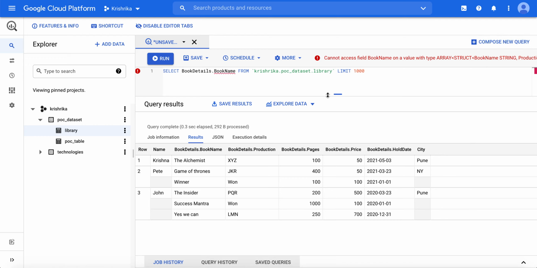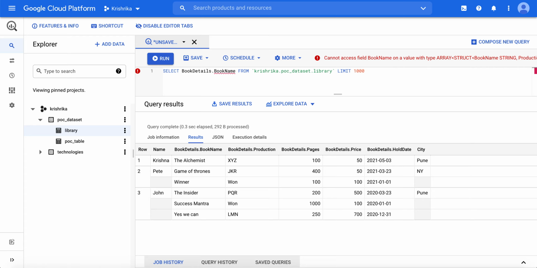So it will not fetch you out from the nested way to a normalized form, because the select star is different, because it is fetching the complete snapshot of your table. But when you give the field name, it has to go inside every structure which is repeated, and which is not possible directly. So how can we achieve fetching the nested fields separately without using the wildcard? For that matter, you have to unnest the fields.